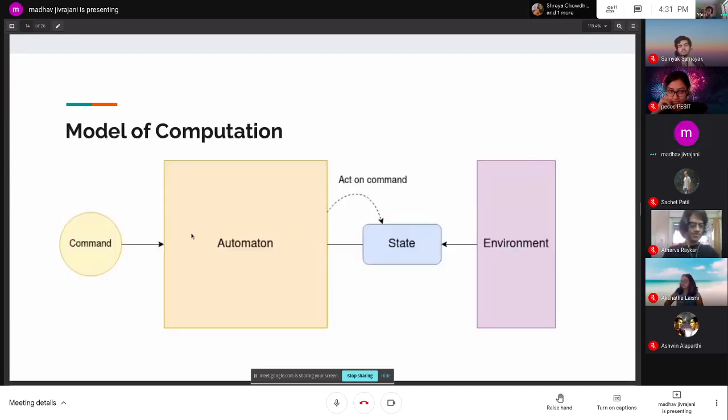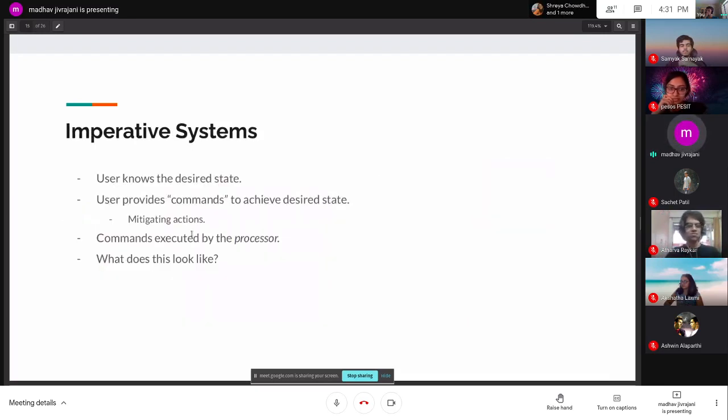So okay, so this is like the basic model of computation to understand what imperative systems and declarative systems are. So like, moving on to what they actually are. So in imperative systems, the user knows the desired state. So desired state is something that you want to get to and you want to achieve. The user knows what it is, that's one thing.